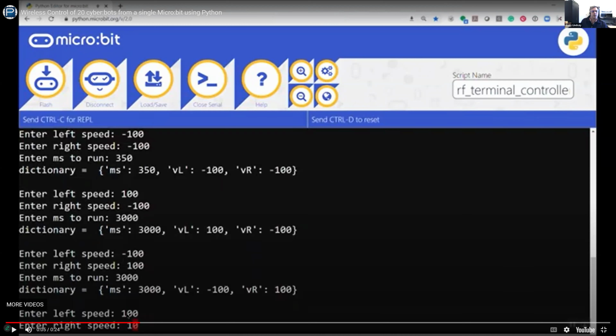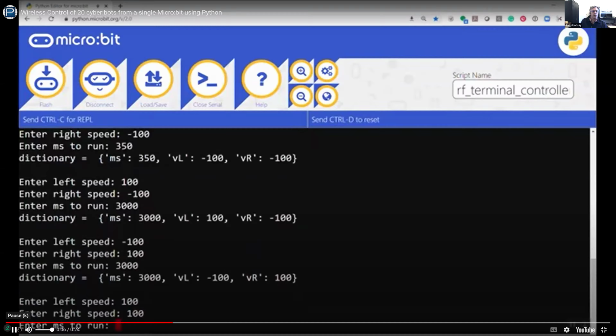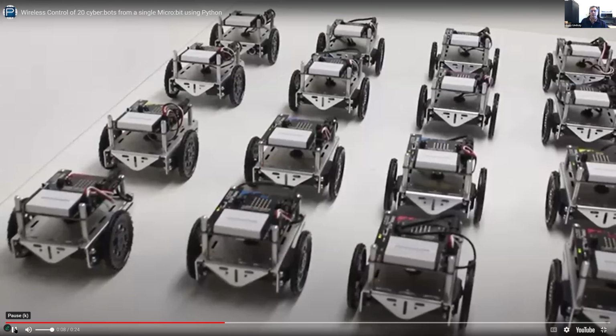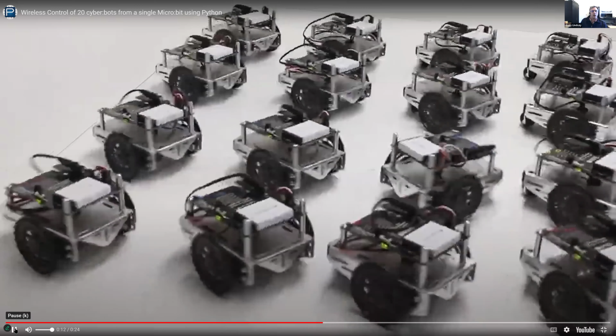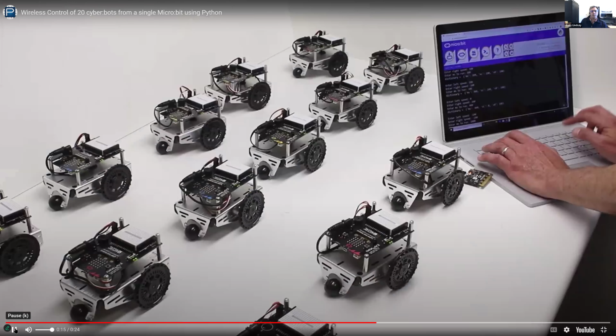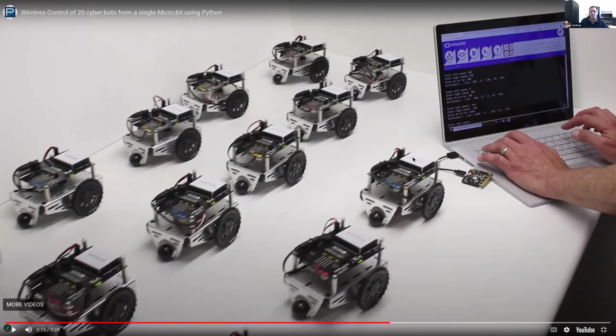And then the user is typing 100 for full speed on the left wheel side, and then enter right speed. And the user is in the midst of typing 100 there, and then enter the milliseconds, and there's a certain number of milliseconds, and all the microbits